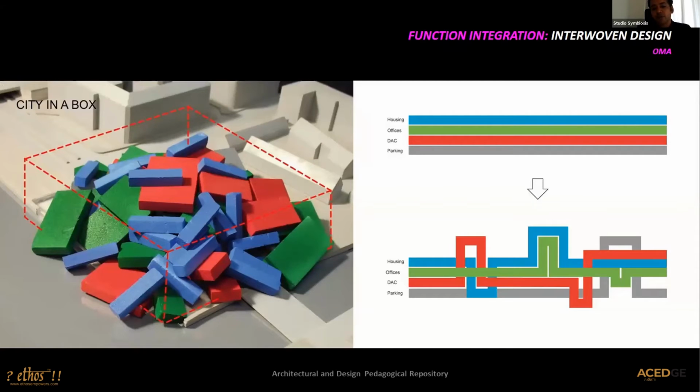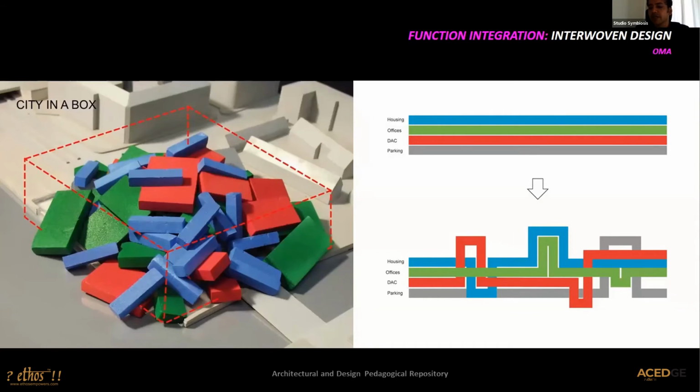Now coming a bit more towards the current scenario. So this is OMA. The image on the left is showing the program. This program consists of housing, offices, parking, all of these things. What you see on the top are these four non-woven programmatic elements which are existing. But using a diagrammatic system just to interweave the program, which is a very simple system, right?